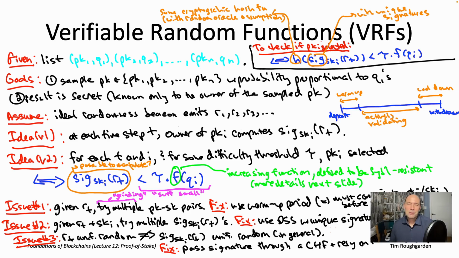This, of course, is largely inspired by Nakamoto consensus and proof of work, where solutions to crypto puzzles are defined to be valid solutions if and only if they lead to a hash that's sufficiently close to 0, where in Nakamoto consensus, sufficiently close is specified by a difficulty threshold that's adjusted by the difficulty adjustment component of the protocol. Here we're defining a public key as being sampled if and only if the corresponding VRF output, evaluated on the current randomness R sub t, is sufficiently close to 0.